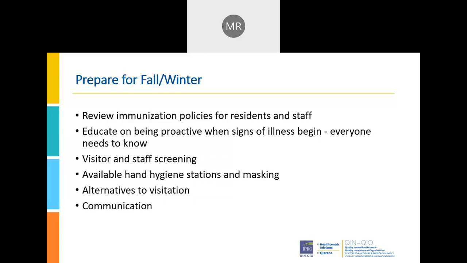So let's talk a little bit as the infection preventionist or one of the people in your building that infection prevention really matters to you. I know some of you are from assisted livings. So somebody needs to be thinking about the infection control program in your building. But it's really important to start thinking about what's the impact of fall and winter for us. And the first thing I think about is taking a look at the immunization policies for residents and staff, and what needs to change in those policies, and what do you need to prepare for this year's program.